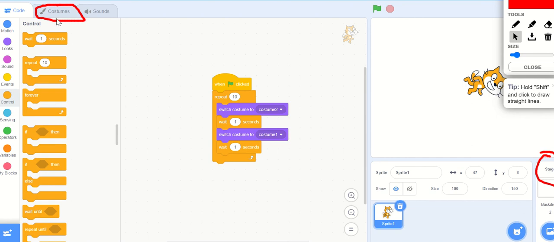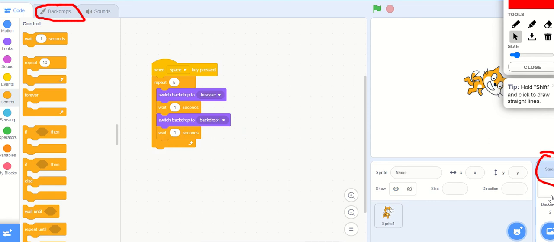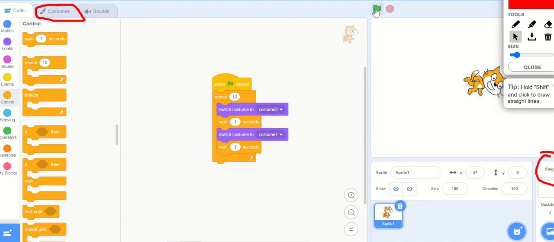Now see here it is written costume, which means we are working with the sprites. But if I click on the stage, the option has changed to backdrop, which means the stage has been selected. Okay, so let's go back to the sprite. Let's click on the green flag. Then you can see that the cat is moving and running.